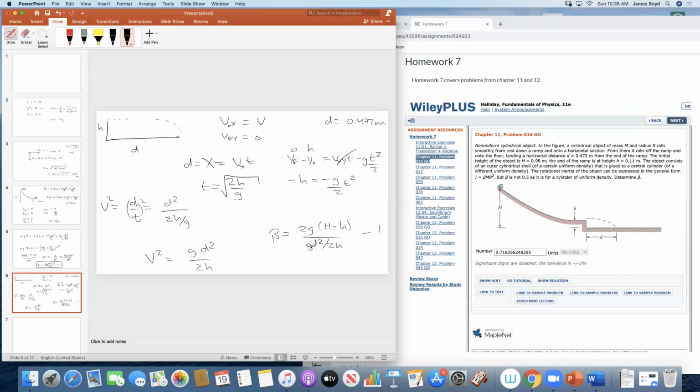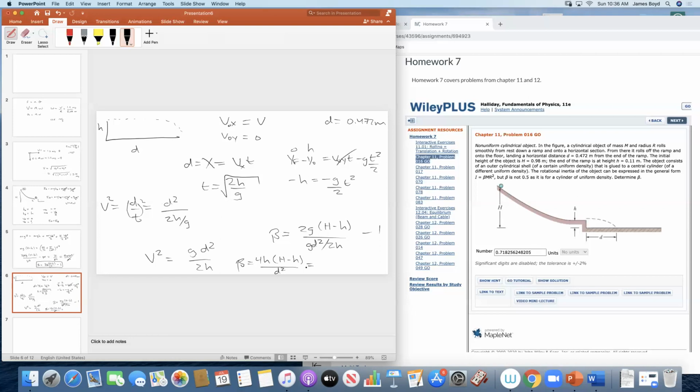So I can see that the g's will cancel, the 2h will come up top, and beta is therefore 4 little h times big H minus little h over d squared, minus 1. And if I plug my numbers in for that,